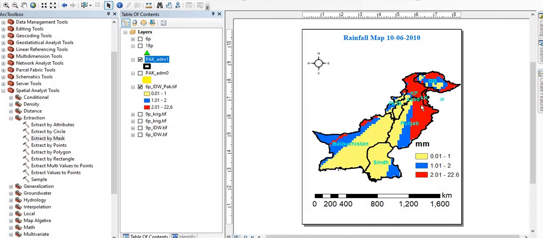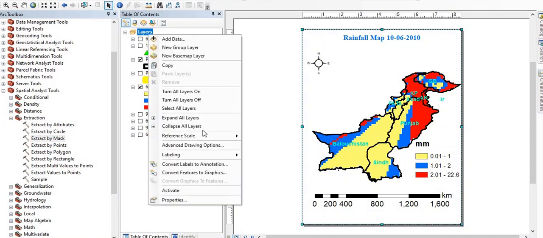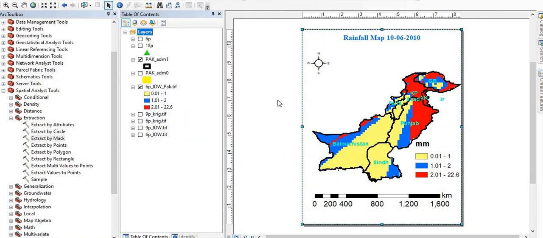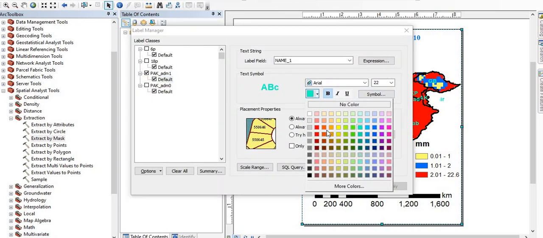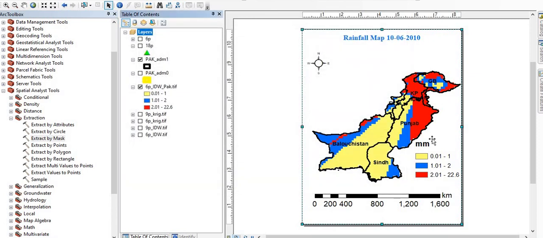Now here we have AK, and now you can also use label manager, and you can change its color from this one to, I hope so, dark color will work well. So you can name it using after copying this title.